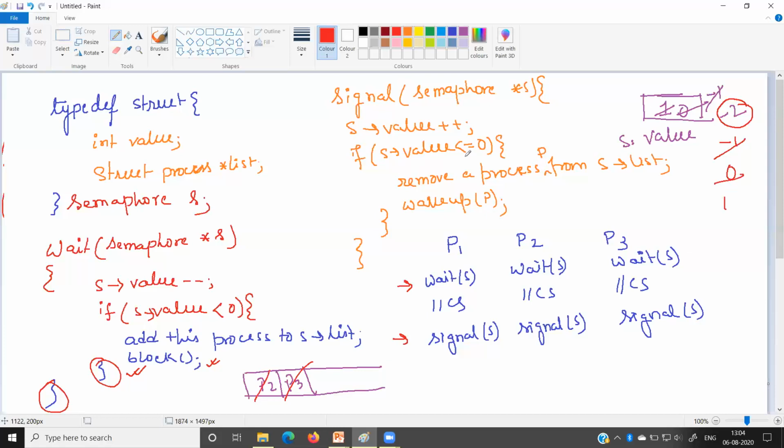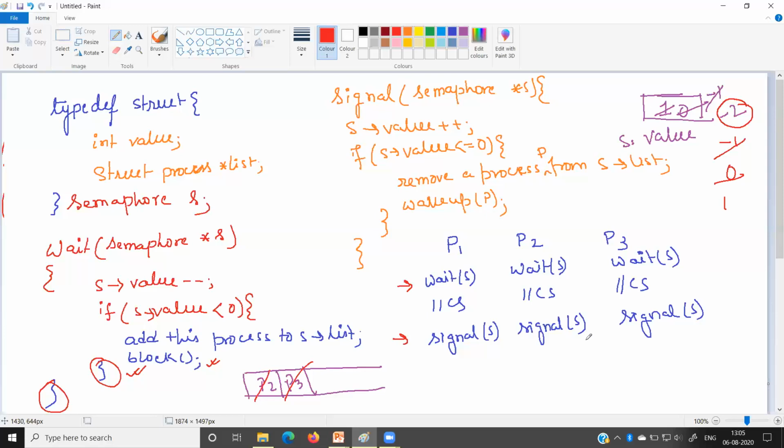Fine. 1 less than or equal to 0 will not be satisfied. The if block of the if statement will not be executed, so it comes out. So you can see that all the processes P1, P2, P3 can execute the critical section one after another. In this way, multiple processes can execute the critical section by satisfying the mutual exclusion condition.